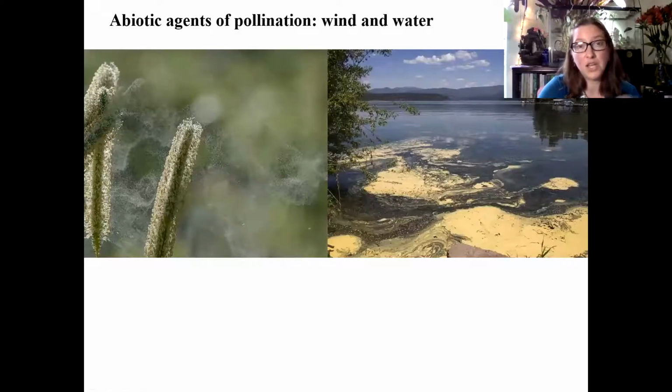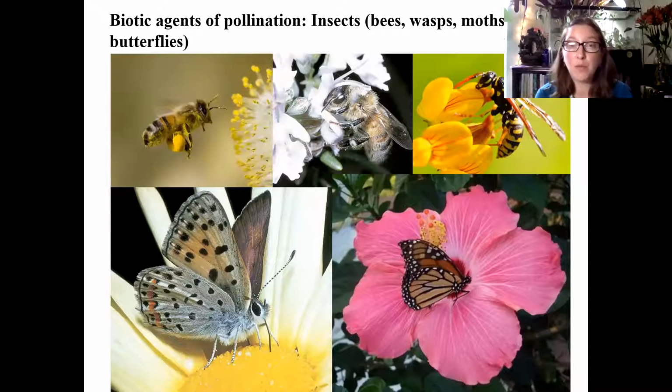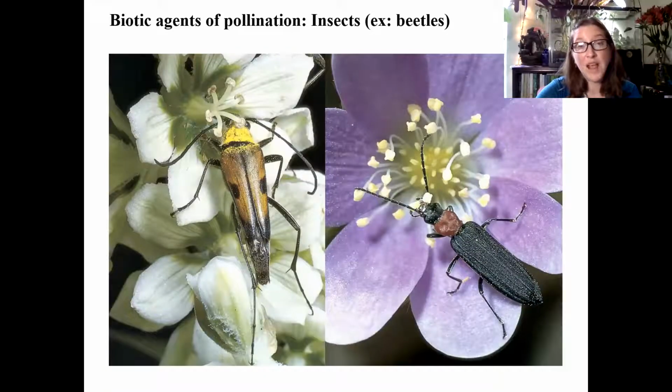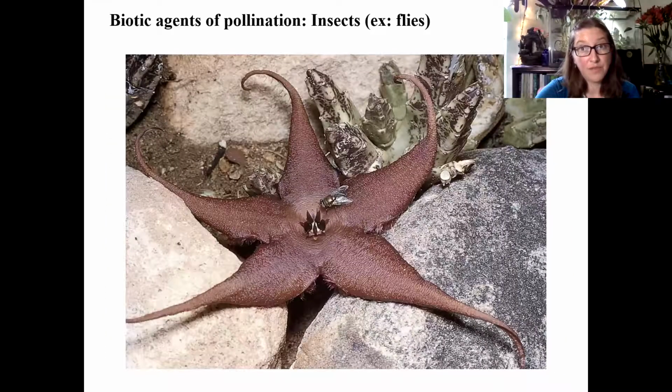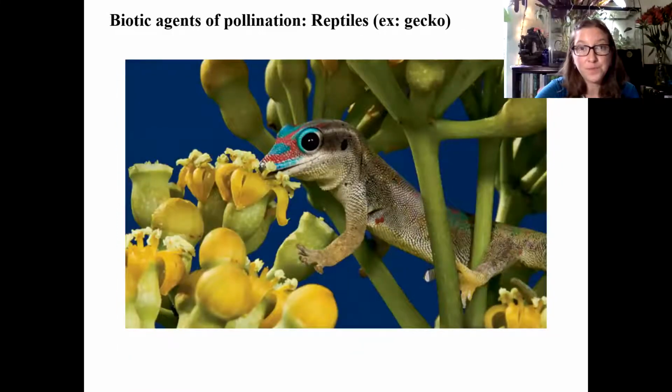So here is pollination occurring via wind on the left and via water on the right. All of that stuff that's flying and floating that's yellow is pollen. Here's an example that you're probably more familiar with: bees, wasps, moths, and butterflies. You could even have pollination via beetles and flies, like I mentioned earlier with that corpse lily. Hummingbirds and other birds can serve as agents of pollination. Reptiles,